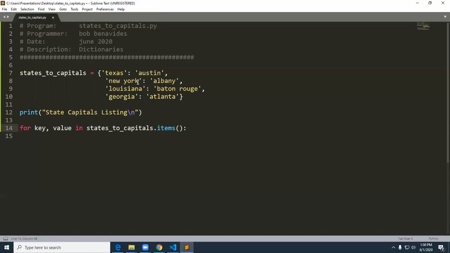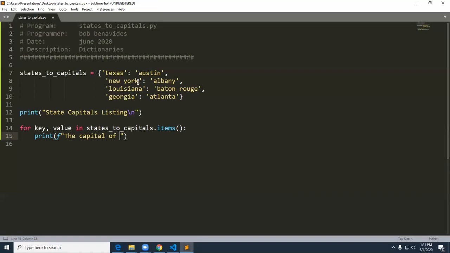So notice after I put that colon, if I press enter, it takes me exactly where I need to be in terms of indentation. So in this case, I'm going to put in a print and make an F string, a formatted string, and say the capital. One of the reasons why I want the items is that I want to access both the key and the value, so the capital of,